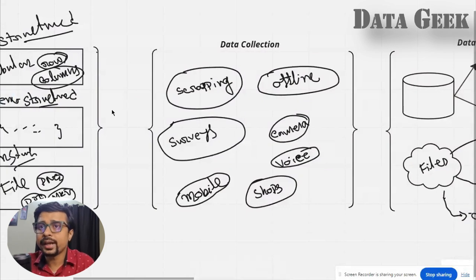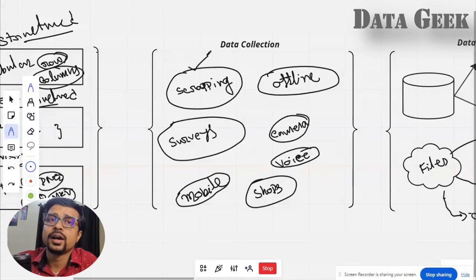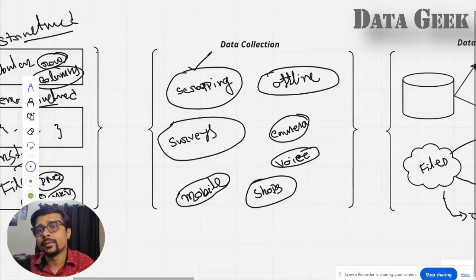Now how do we collect the data? There are various techniques. There are n number of tricks to collect the data. Some of the specific things I'm mentioning here: let's say if you are familiar with scraping. Scraping means if you have a website, whatever the content of the website, you will be creating a crawler, and this crawler will go to the website and fetch all the text information from the website, all the images from the website. That is scraping.